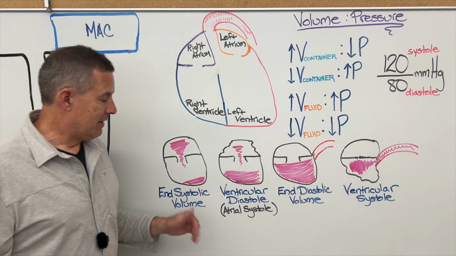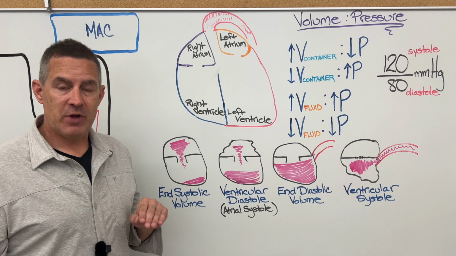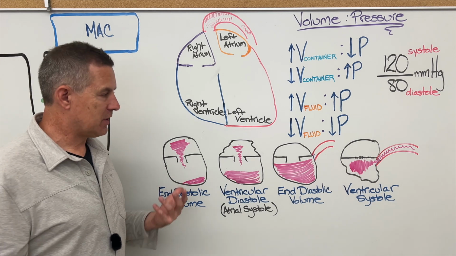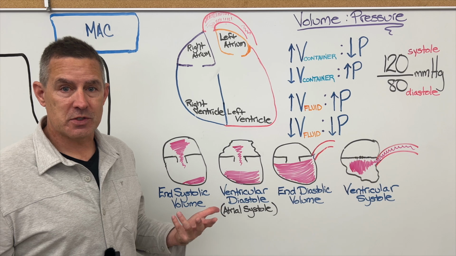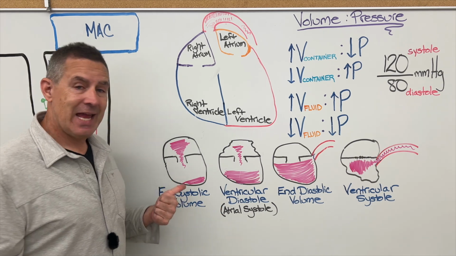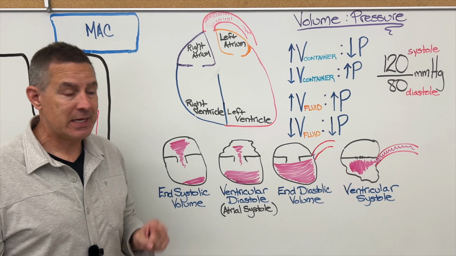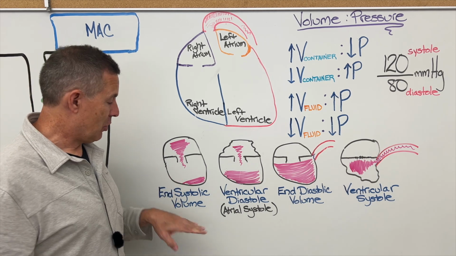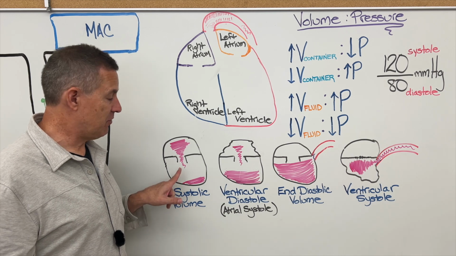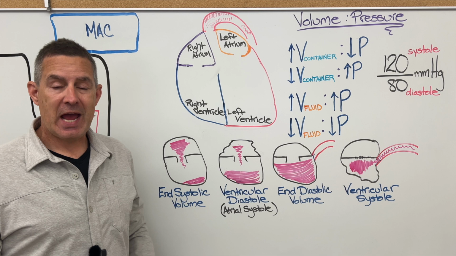That is to say, the volume of blood in the left ventricle after ventricular contraction. And once again, we're really talking about the left side. The principle applies regardless of what chamber we're in. But at the end of ventricular contraction, or ventricular systole, which is the same thing, there is some residual blood left in the ventricle. So end systolic volume is the volume of blood left in the left ventricle after one